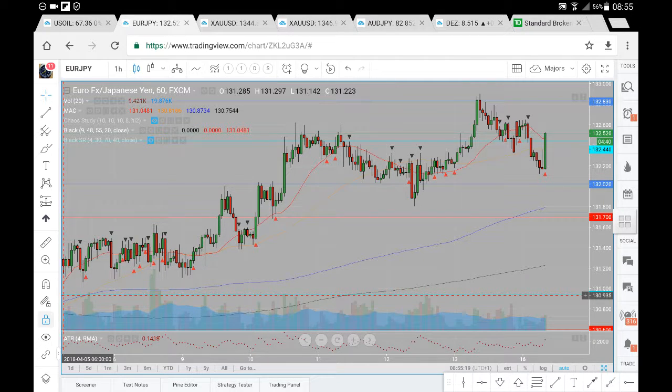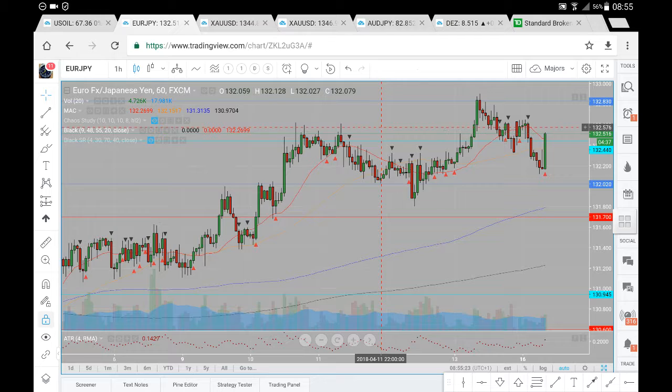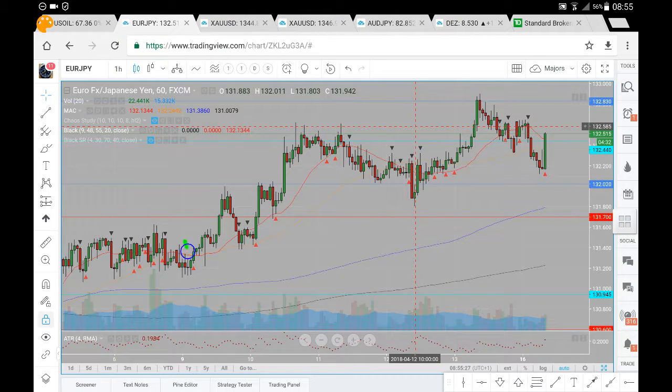So this Euro Yen analysis for Monday the 16th of April. Now let's just have a look at prices and where prices may likely go. So we saw this move up here on the Euro Yen. We've had prices come down to test at 32.02. Trade slightly below 32.02. Didn't quite get down to a horizontal level of 31.70, from which we've seen the prices